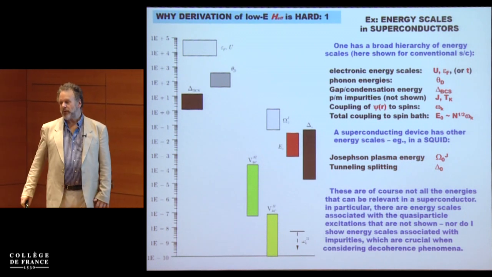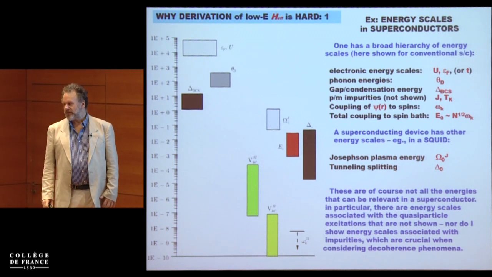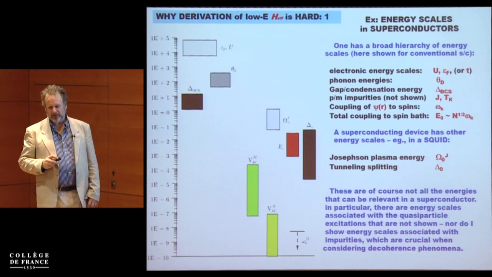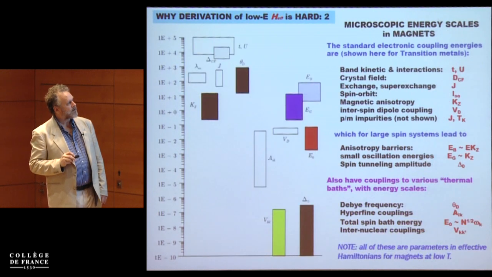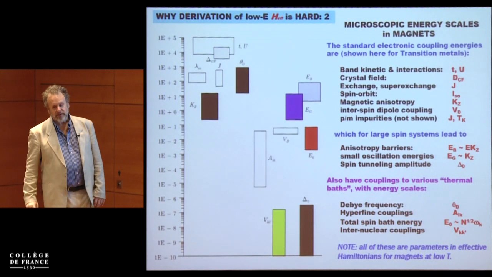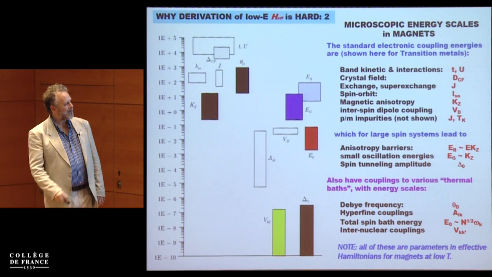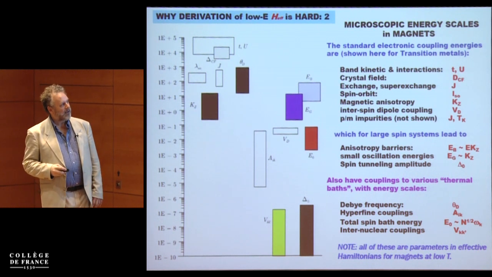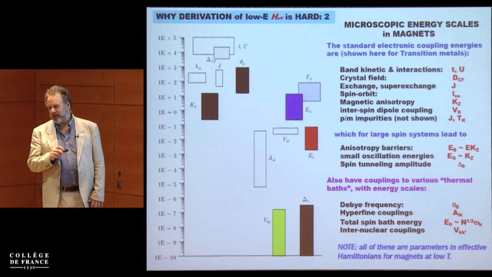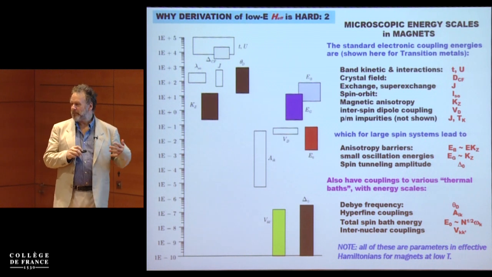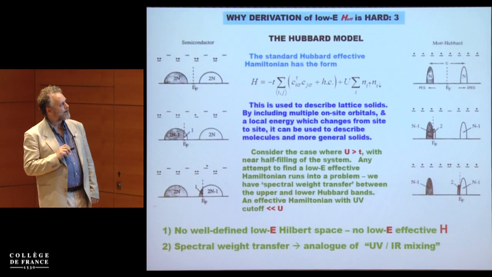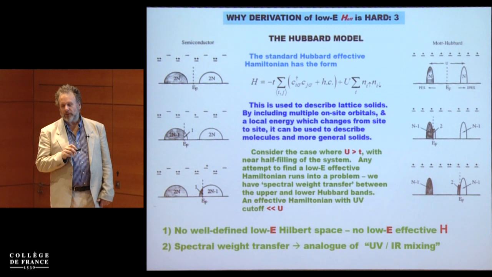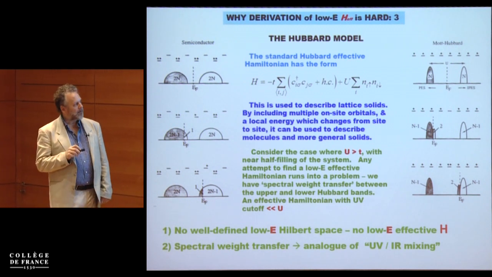And of course, this is why the literature is so large in superconductivity, because people are looking at different phenomena at different energy scales. And the same is true, for example, it's even worse if you're in a magnetic solid. I'm not even going to go through all of these different energy scales. And so this is why the literature on magnetic systems is even larger. I'm not going to say anything about this slide unless people want me to talk about the Hubbard model, but